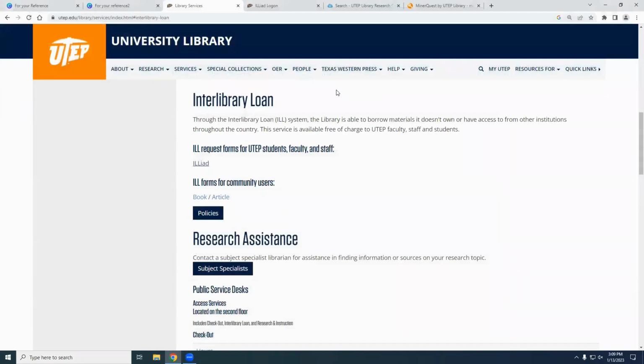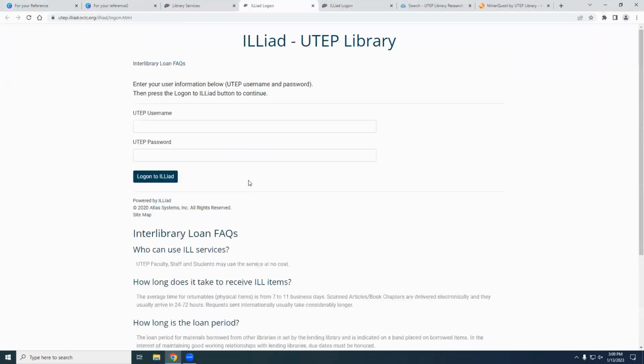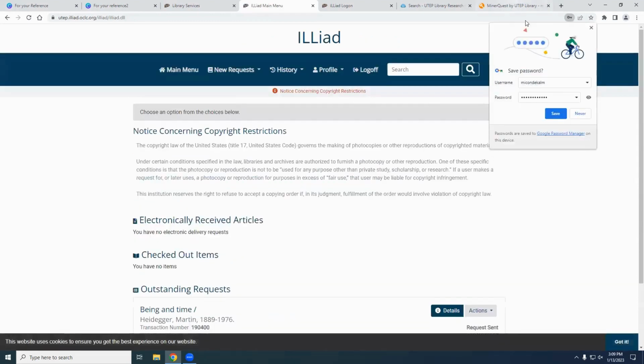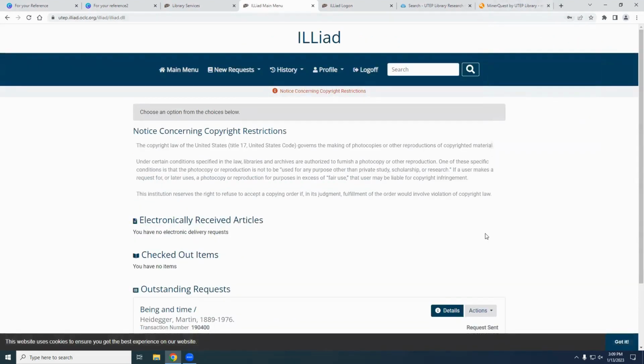So really quick, I'm going to go ahead and log in. But in the meantime, since a lot of you said you did not have an account, please go ahead and make an account with me. Something that's super important, especially for those of you creating your account for the first time, and especially for those that aren't here, maybe you are a UTEP Connect student, maybe you are a distance education student. If you are a distance education student, you want to make sure that you are providing your home address.